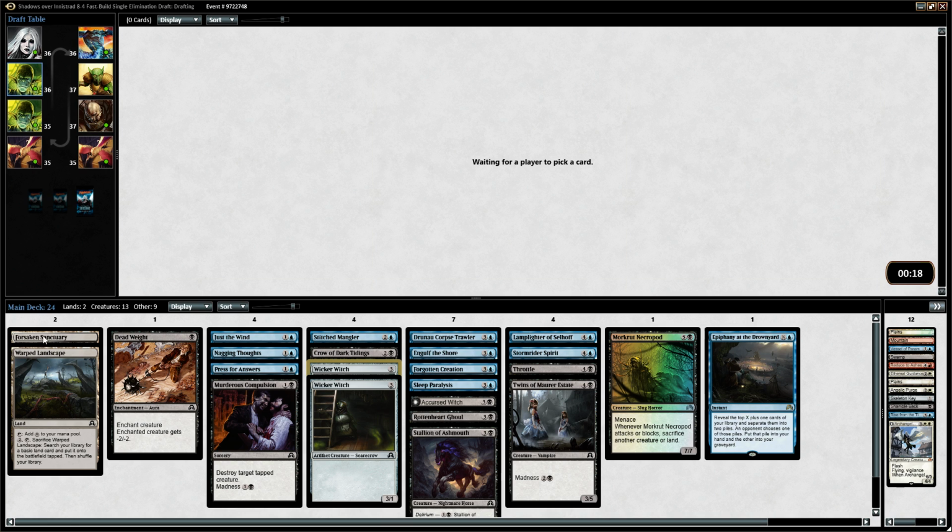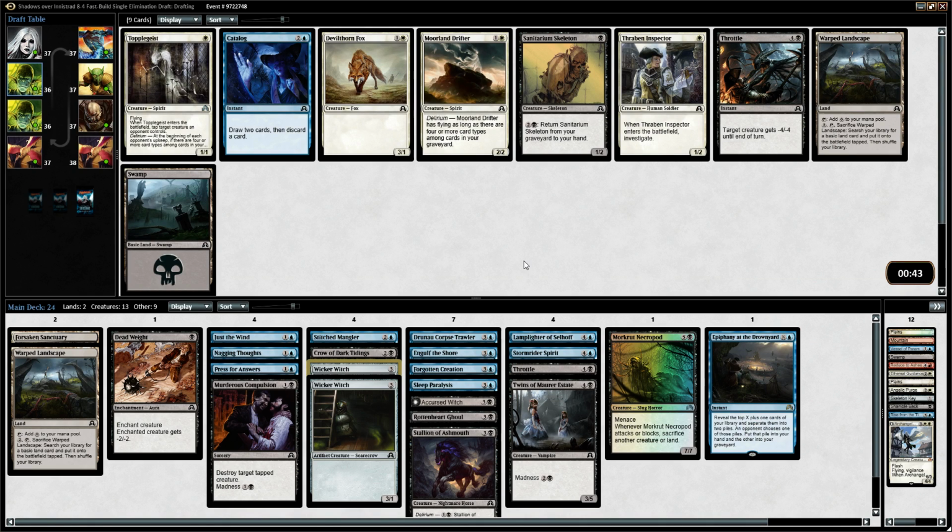Maybe if we get another Forsaken Sanctuary and another Warped Landscape, we can splash this Avacyn. Okay, let's see. Am I gonna go for it? I mean, there's a Sanitarium Skeleton here. Let's see what that does. Like, we can get it back if we lose it to Forgotten Creation. It does